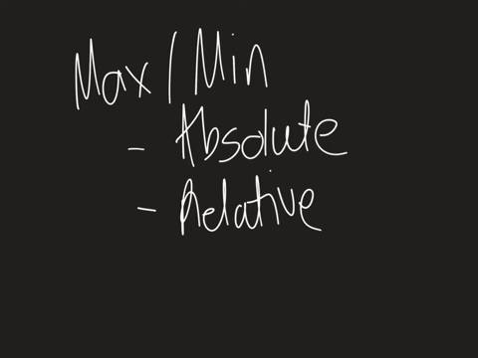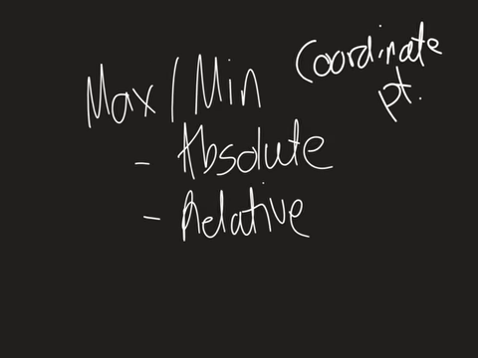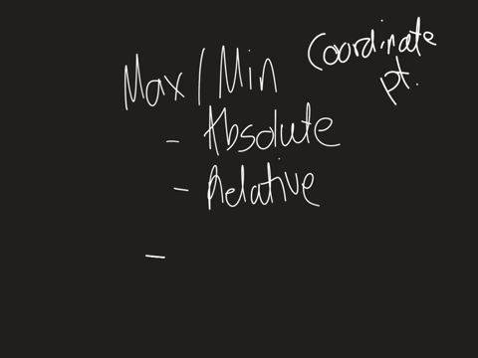Friends, in this video I'm talking about max and min. Max and min have to be a coordinate point. So infinity or negative infinity, let's use arrow so I can tell the difference, will never be, you don't put those in coordinate points, okay? So for our purposes, max and mins have to be coordinate points, and they will not be infinity or negative infinity. They have to be turning points,